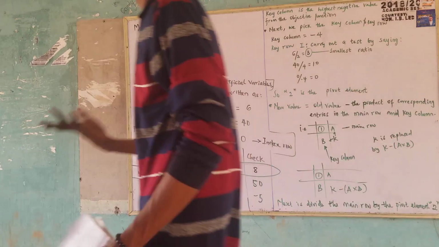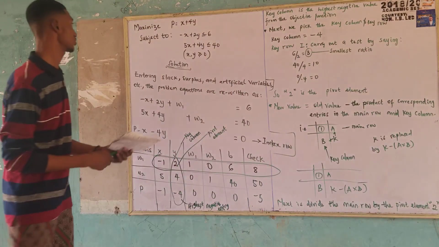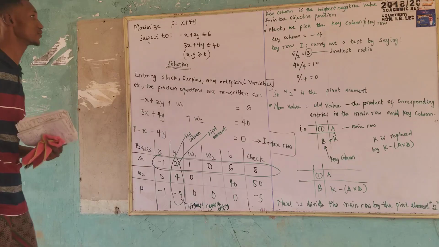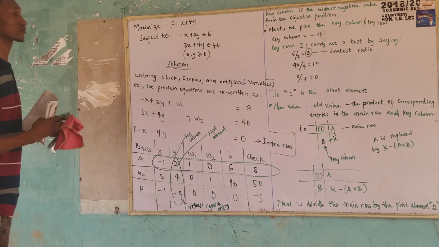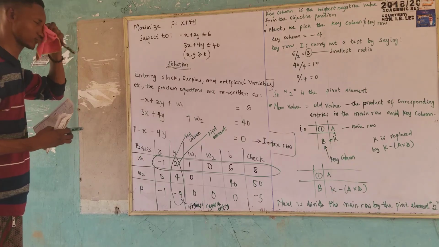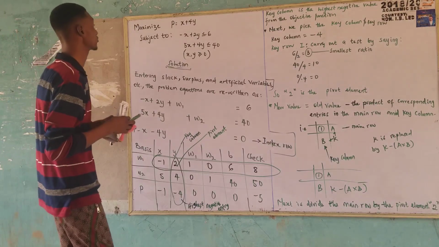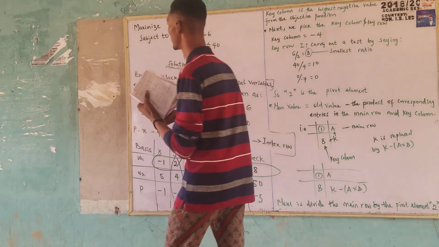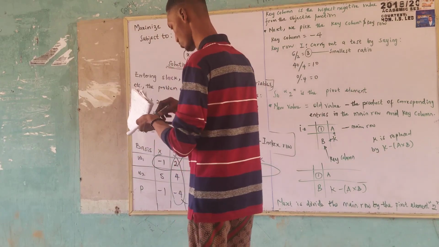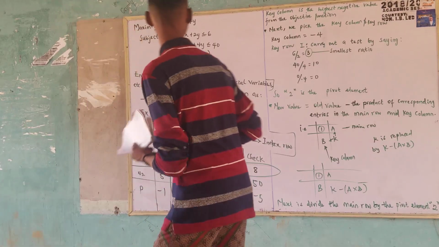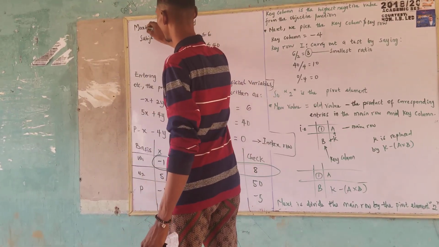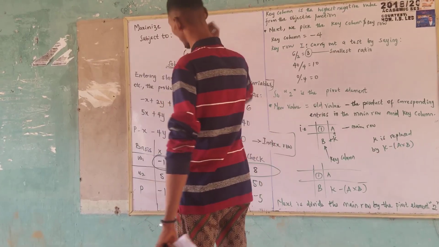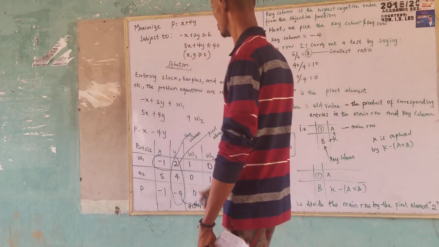So in this case, we have: maximize P equals x plus 4y. Like you remember, I explained using the graphical method. With the graphical method, you can also maximize and minimize. Remember now, right? You can minimize with the graphical method as well. Yes. So we can also minimize with the simplex method. So using the simplex method now,